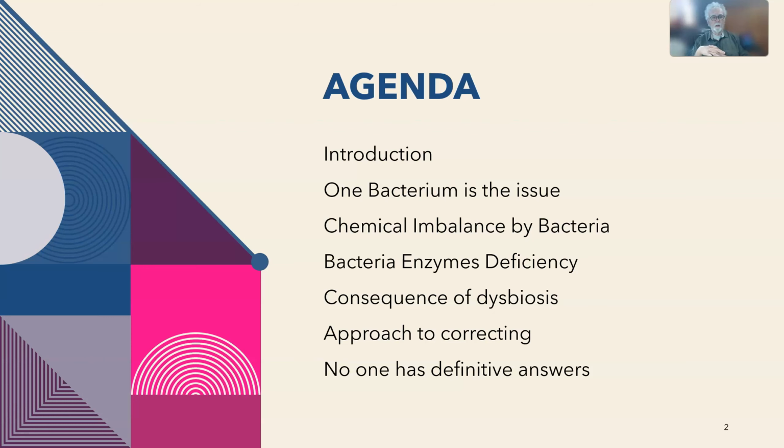Next, we go on to bacterial enzyme deficiency. That is, a chemical or enzyme which takes part in processing food may not be sufficient to handle all the food coming in. Your food coming in happens to be rich in, let's say, vitamin B12, but you're vitamin B12 deficient. And why? Because the enzyme needed to extract it from the food is not sufficient to do adequate extraction. Then we do a quick review of consequences of dysbiosis,